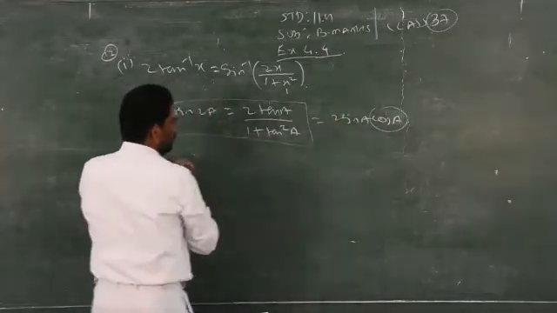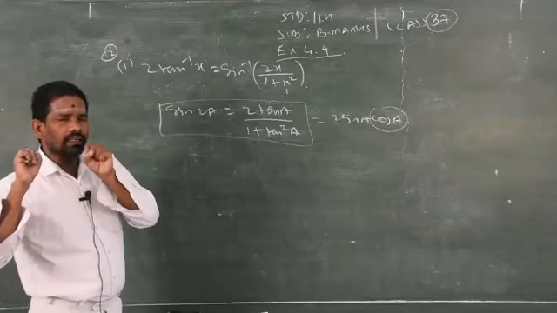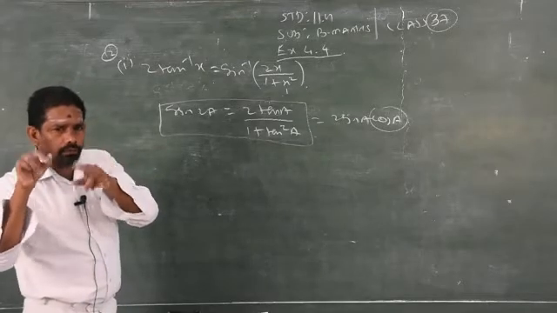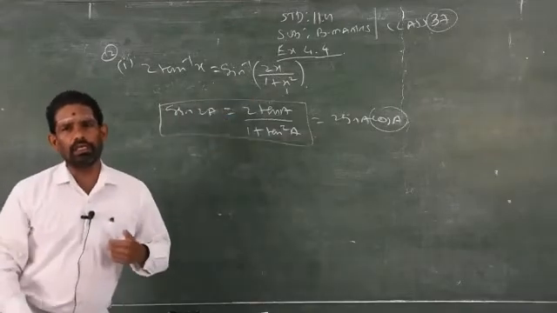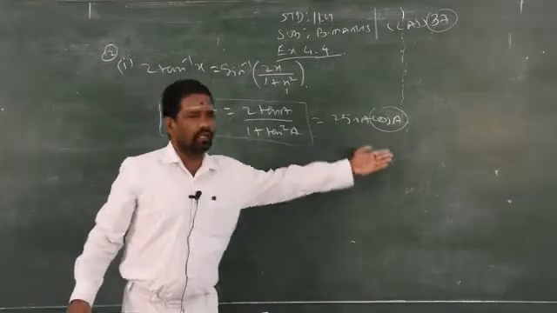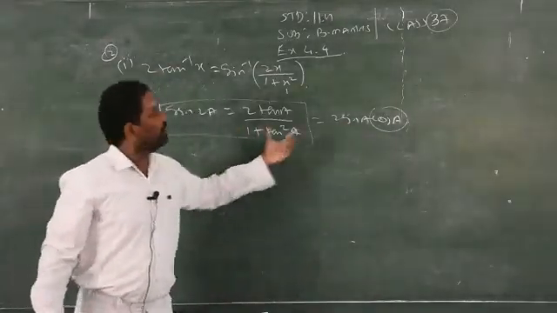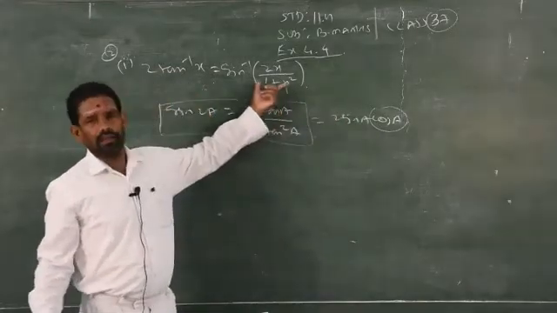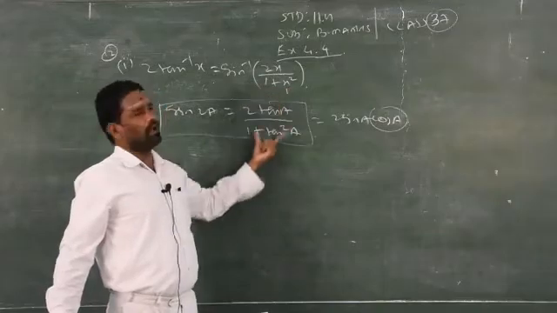We have another one formula. We have one more formula also, but you have to select which one out of those formulas is suitable for the given question. You cannot just take as it is what is for sin 2a. So sin 2a is 2 sin a cos a. This is not suitable. This formula is correct for sin 2a, but this formula is not suitable for the given question. Which one is suitable? This is the only suitable formula for this question.